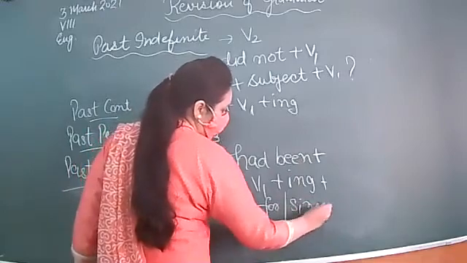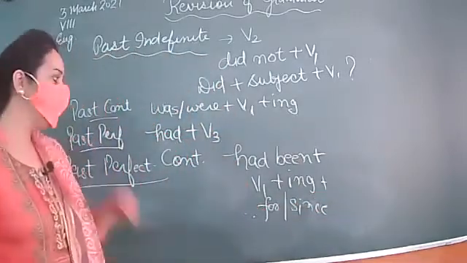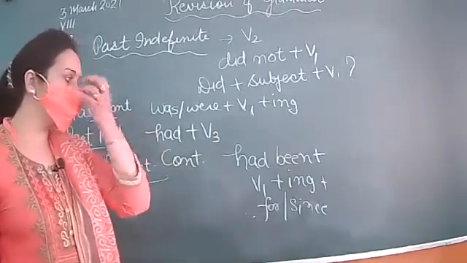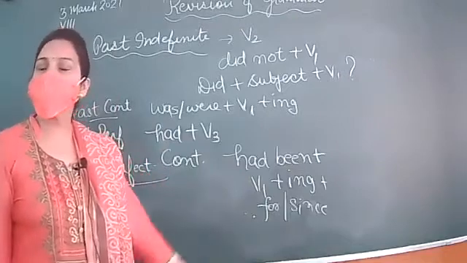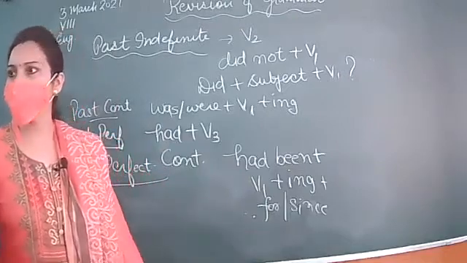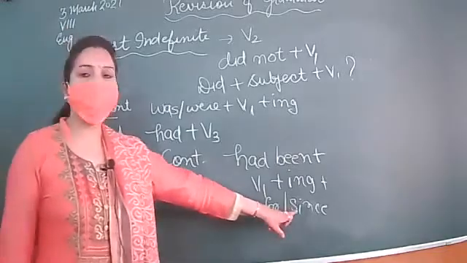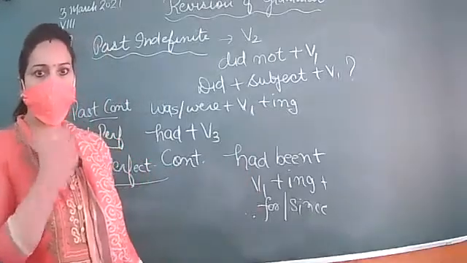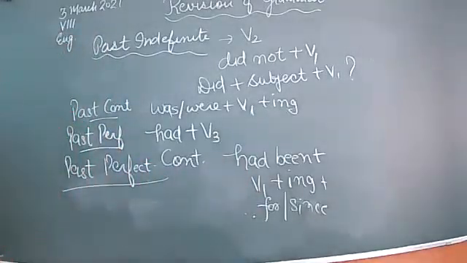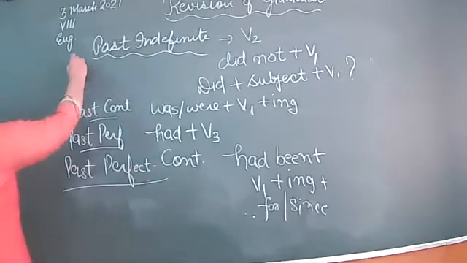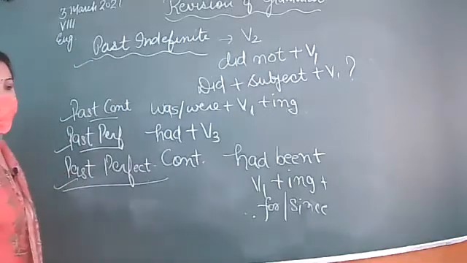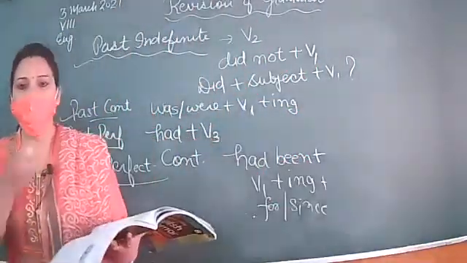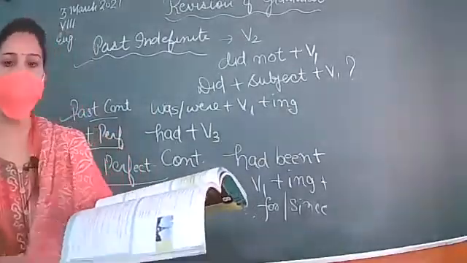Same like that in present perfect continuous, I have told you that for a period of time, for example, she had been attending those classes for the last 3 months, and she had been attending those classes since January. So for point of time since, for period of time for, and with every subject had been. So this is the way to do past perfect continuous tense. You can look at all these rules at a glance. You can understand them. After that, I am going to discuss the exercise with you that you have done in your grammar books. So let's begin, and all of you participate.